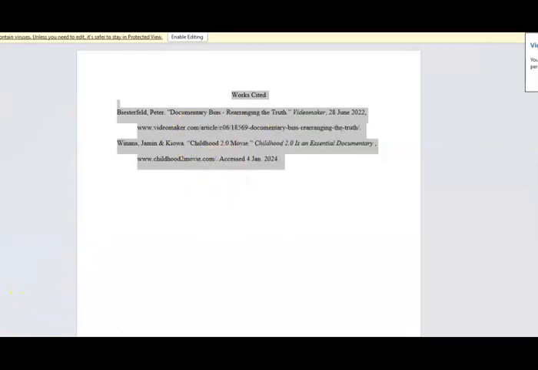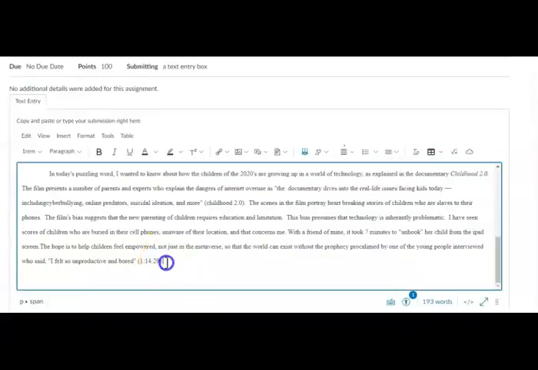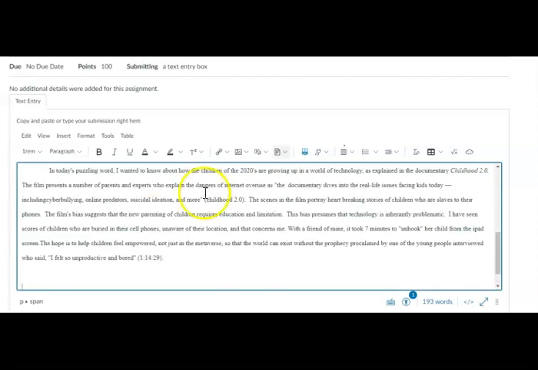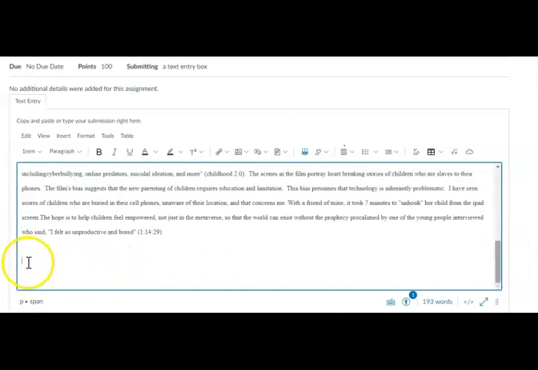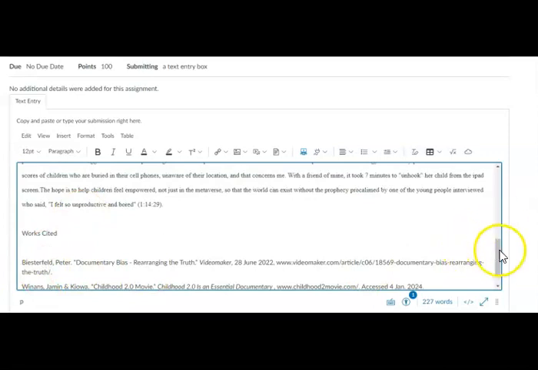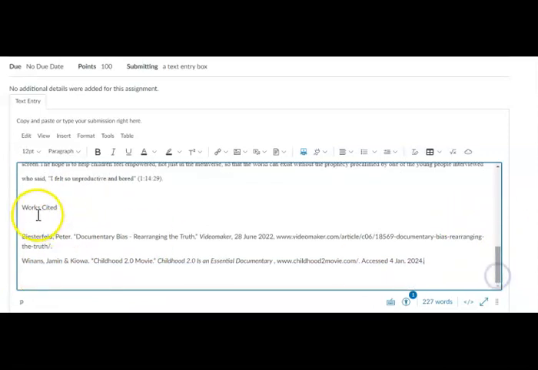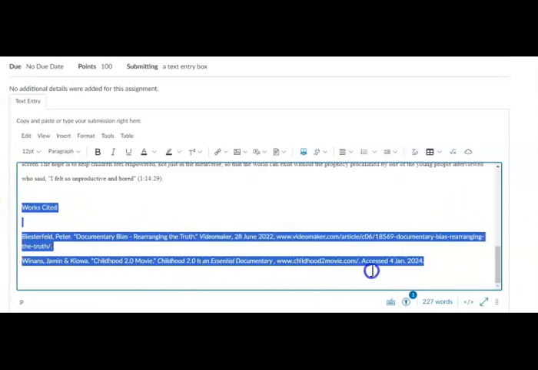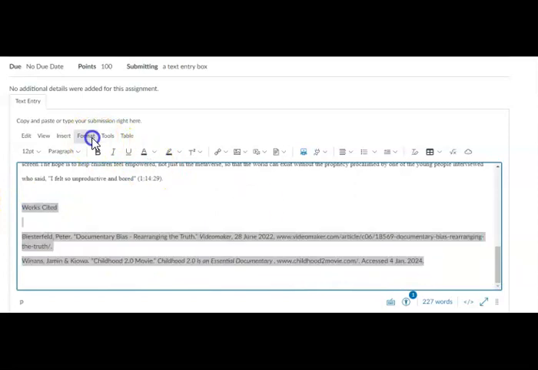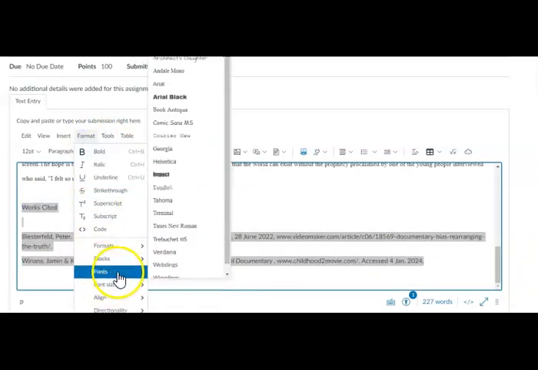Now let's go back over to our little document. I'm going to do this in real time with you. We finished the paragraph two spaces down. And what I'm going to do right now is just click paste and see what it does. So that's what it did. It's a mess, isn't it? First of all, it's not in Times New Roman. Somehow the formatting got messed up when it transferred over.